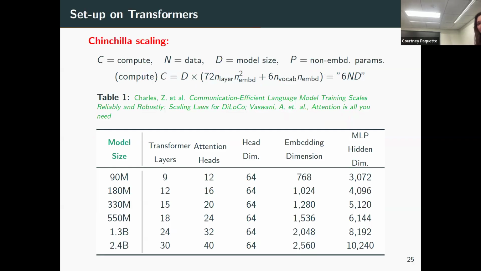So the way we did this is we use Chinchilla scaling. C is my compute, N is my data, D is my model size, and P is my non-embedding parameters. Hopefully you all follow this. You probably switch these two, but it's okay because in compute it will be 6ND. So technically the N is actually this formula, if you've ever seen this. It's not quite N in the formula, but this is what they actually use for Chinchilla.